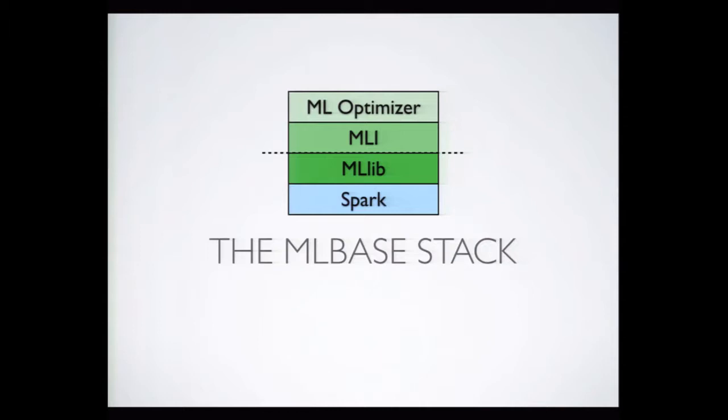Somebody who suddenly wants a classification model where all they used to have were sort of OLAP rollups. So the stack of ML-based looks like this. MLlib is the first component of the stack. It ships, of course, with Spark as one of the standard libraries. It's the standard library for machine learning.